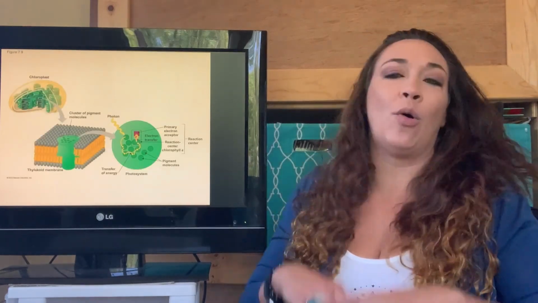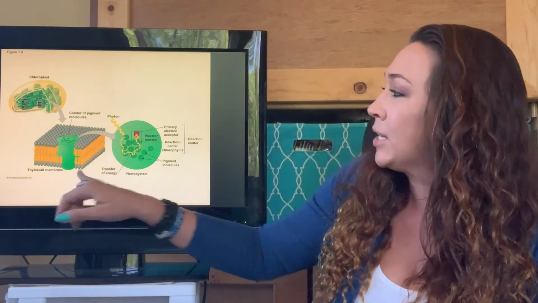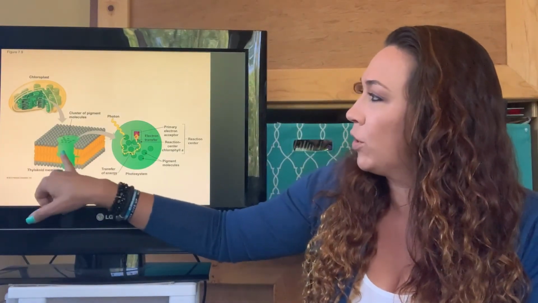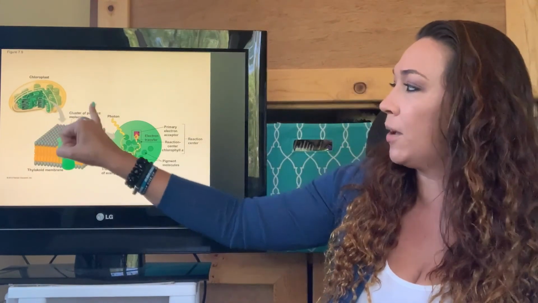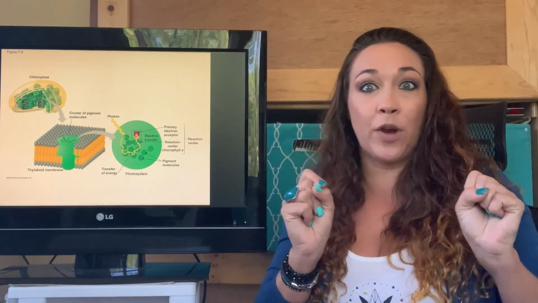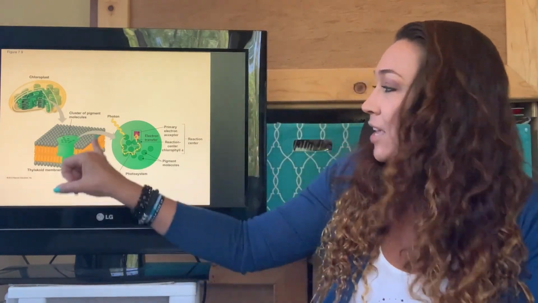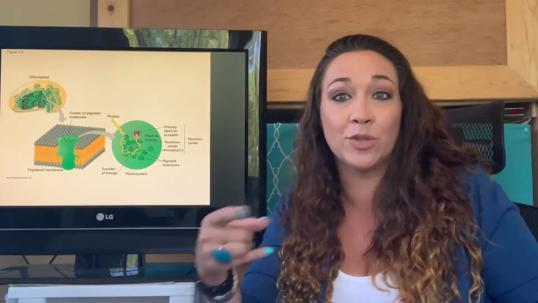All right, so here again, we're back in the thylakoid membrane. We are inside one of those little chlorophyll pigments. So here's our thylakoid membrane, here's our chlorophyll, here's basically these little pigment molecules. Now when the photon comes and hits these little pigment molecules, they're going to get excited and transfer energy from one to the next, to the next, and that's what you can see right here. Boom, boom, boom. It's transferring those electrons, it's transferring the energy from those electrons.